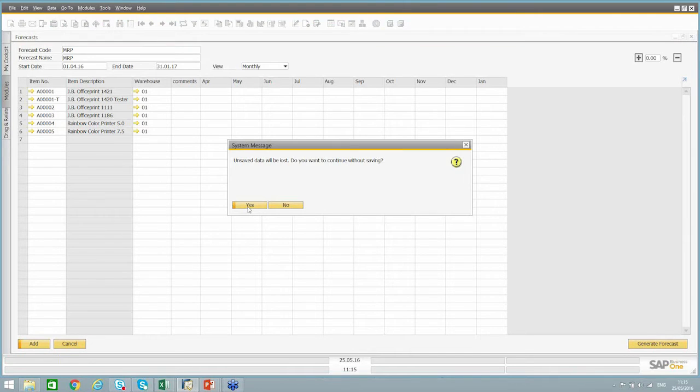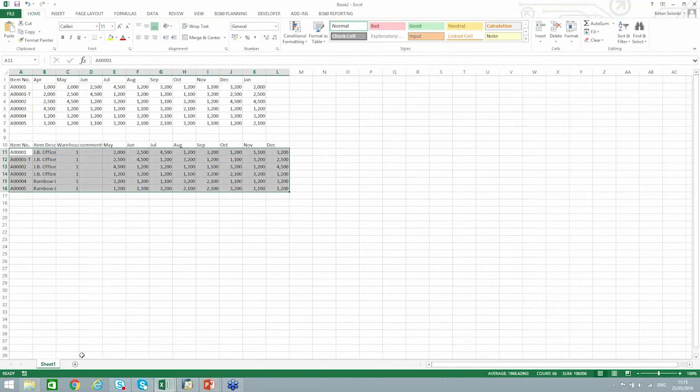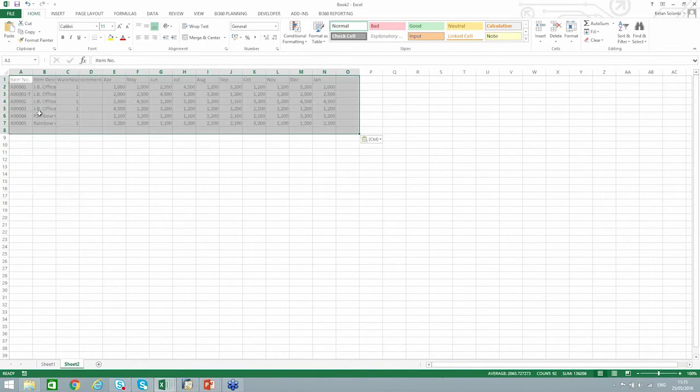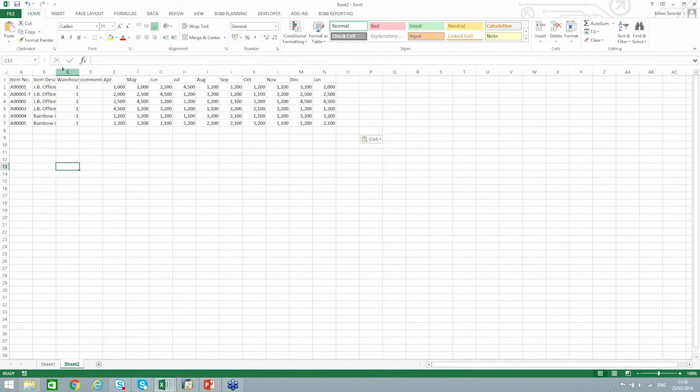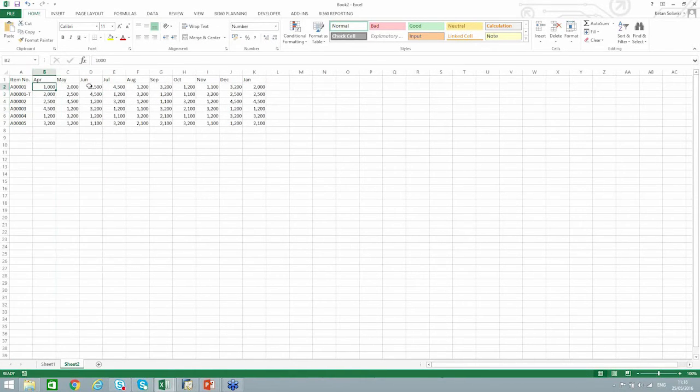So let me just show you what I mean by that. If I pull open a forecast, I can copy the contents of that forecast by just right-clicking Copy Table. And if I go into Excel, I can paste the data in. I can manipulate this data in Excel. So I can change some of the quantities and so on. And then I can grab the data, say copy,